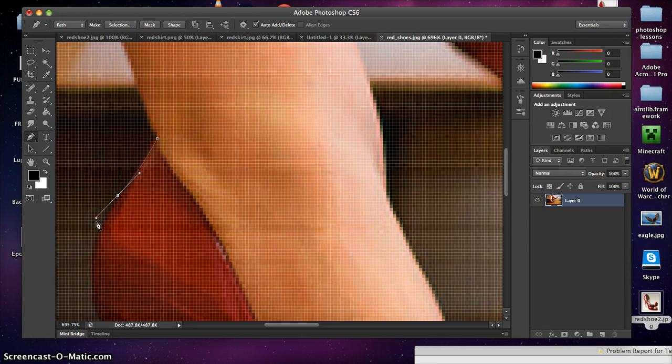Now, if I just leave it like this, where this anchor point has stuck all the way out here, my next point won't be able to connect very well. So what I do instead is after I've made this point, I hold down the Alt or the Option key,